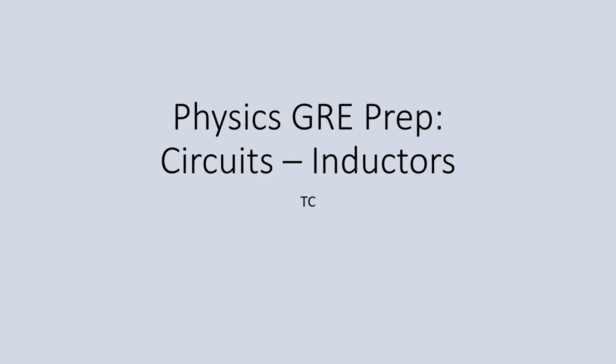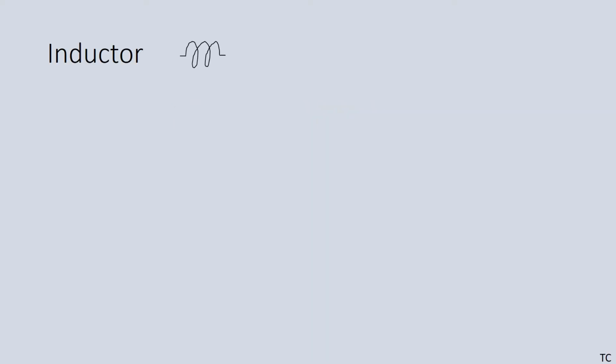So in this video, I'll be covering some useful information about inductors for the physics GRE. An inductor is typically a coil of wires, such as a solenoid, which is why their picture in circuit diagrams is as such. So the voltage across an inductor is equal to L di/dt. L is the inductance of the inductor, and di/dt is the time derivative of the current in the